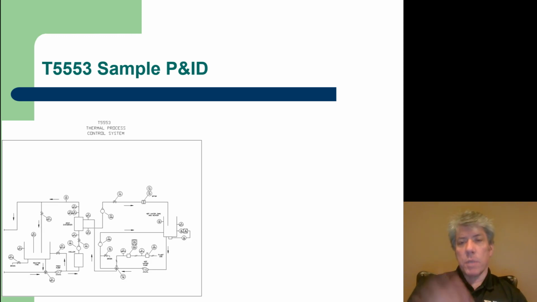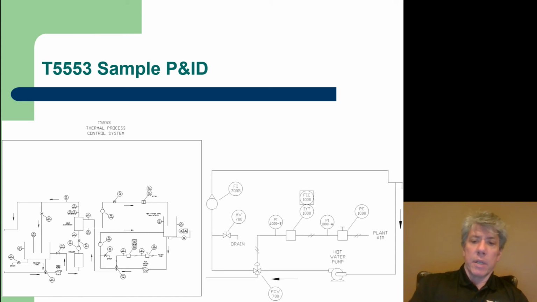The system all the way on the right, the 53, was the temperature controller system. It's a little more complicated. If we go through it, there's some interesting things. We can see on the lower right of the diagram, we can see plant air coming in to PC 1000, so pressure controller 1000, a pressure indication, so probably just a little gauge to indicate the pressure, and then a flow indicating controller, because this